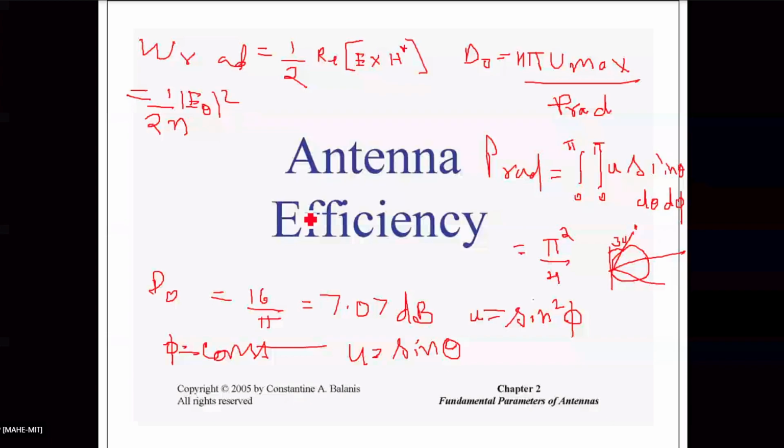E theta value is given to you there, 5 volts per meter. You take that as a peak value, so you don't have to remove the half. If E theta is the peak value, 5 volts per meter,